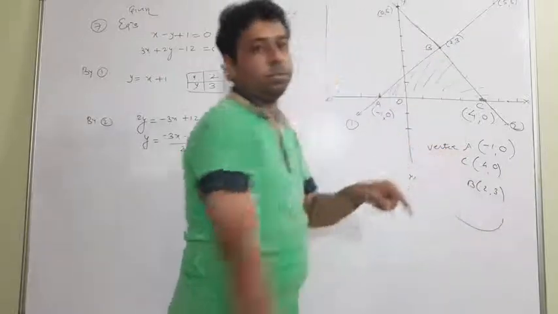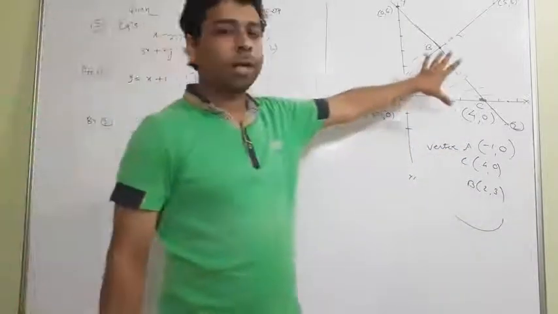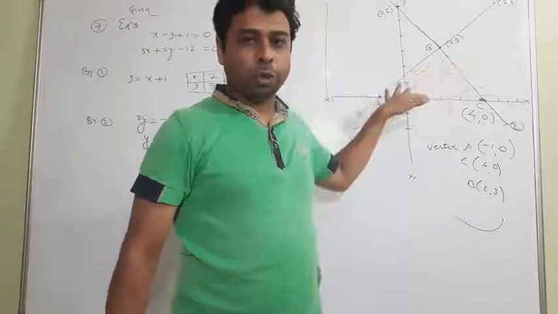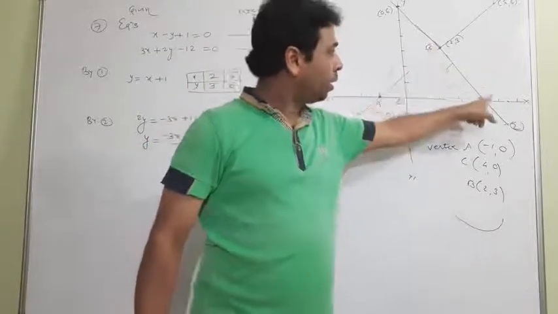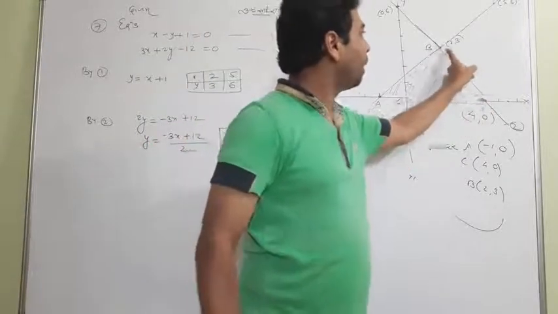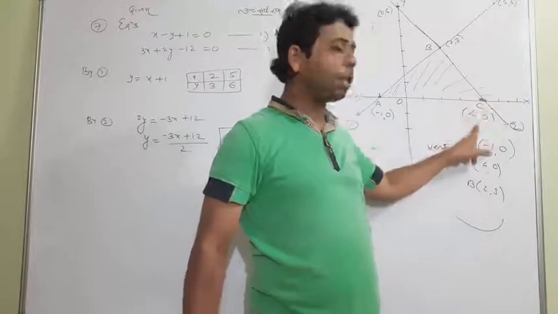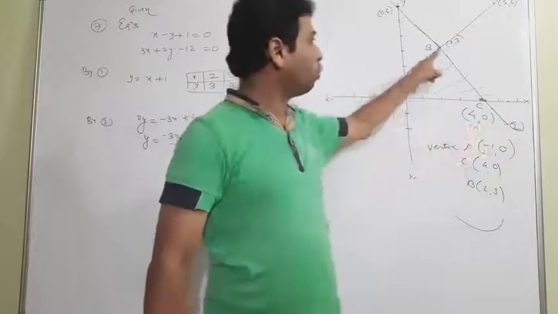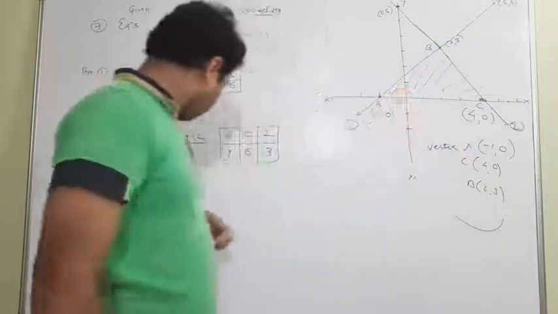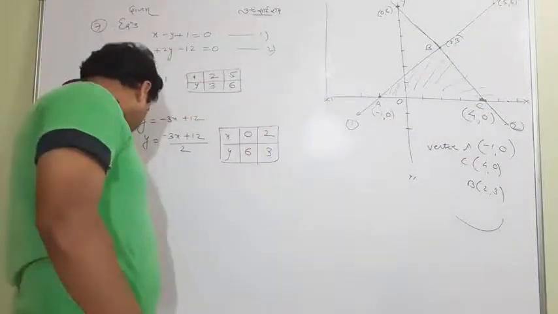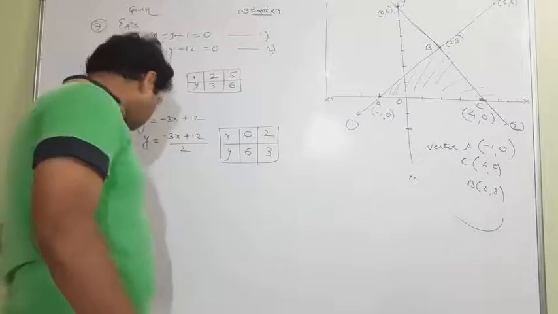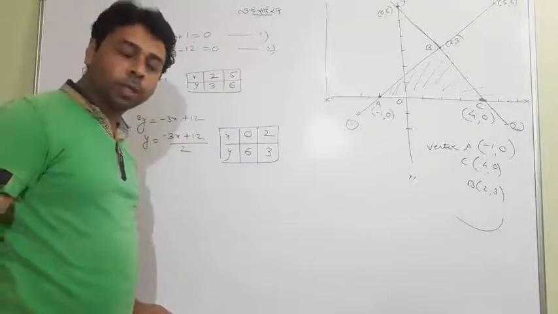And that's the answer. I hope, students, that when you make a graph, you will get a good picture. This time my line was passing through 5, but it was wrong. My line will definitely pass through 4. And I have taught you how to find the coordinates. So okay, we have finished exercise 3.2. Tomorrow onward we'll go ahead. Thank you.